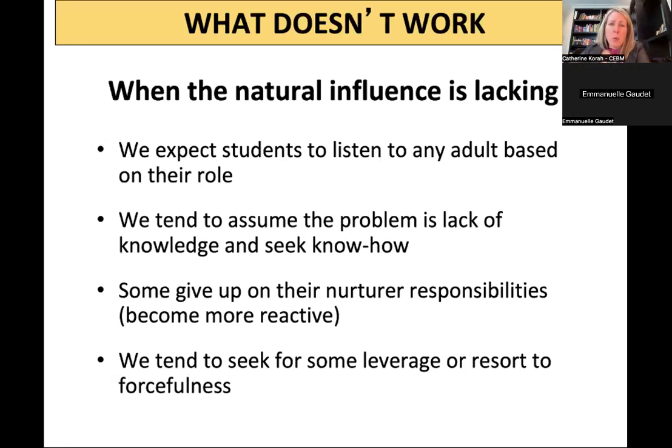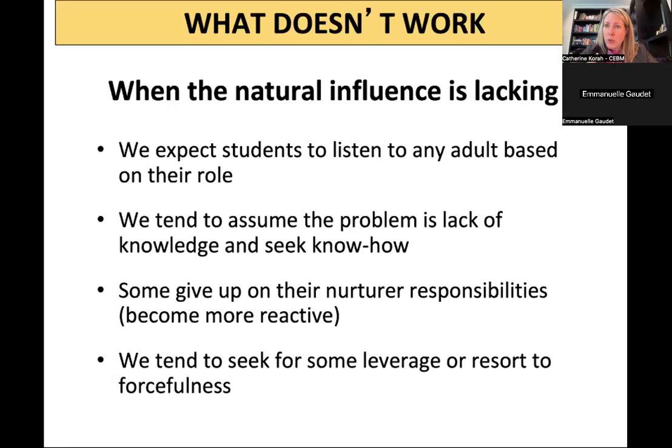And so I remember, when I was a professional and I used to work in schools, and I rarely was in one place long enough that I could build relationship with students. And so I would often get the request from school staff asking me to step into a crisis situation, hoping that because I'm the expert, I would be able, with my know-how, to calm the student down. And what I would say to the adults that were there is that if I'm a nobody to that student, I could have a PhD in self-regulation and it doesn't matter. It's not about what I know, it is who I am to that child.